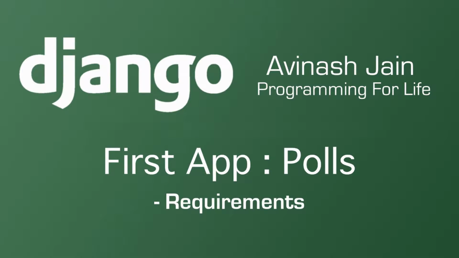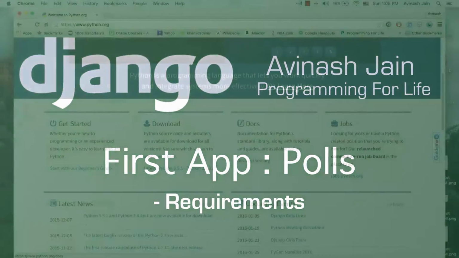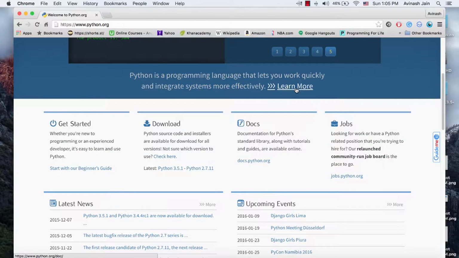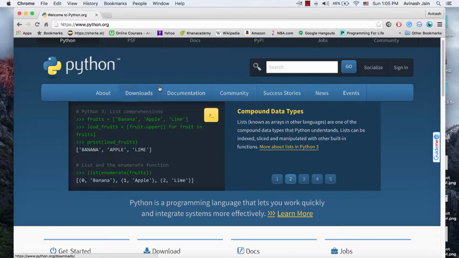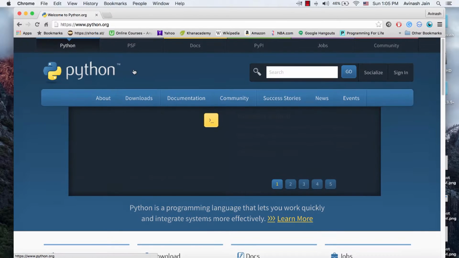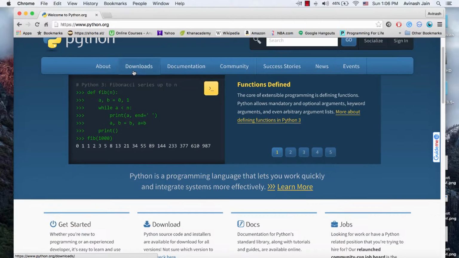All right, let's get started creating our first application, and that's going to be a polls app. Now, the first thing is, before we can get to the coding part and understanding how Django works, we actually need some requirements. The first thing in those requirements is going to be Python. Now, I don't recommend learning Django without having some previous Python experience, and you should have Python installed, but if